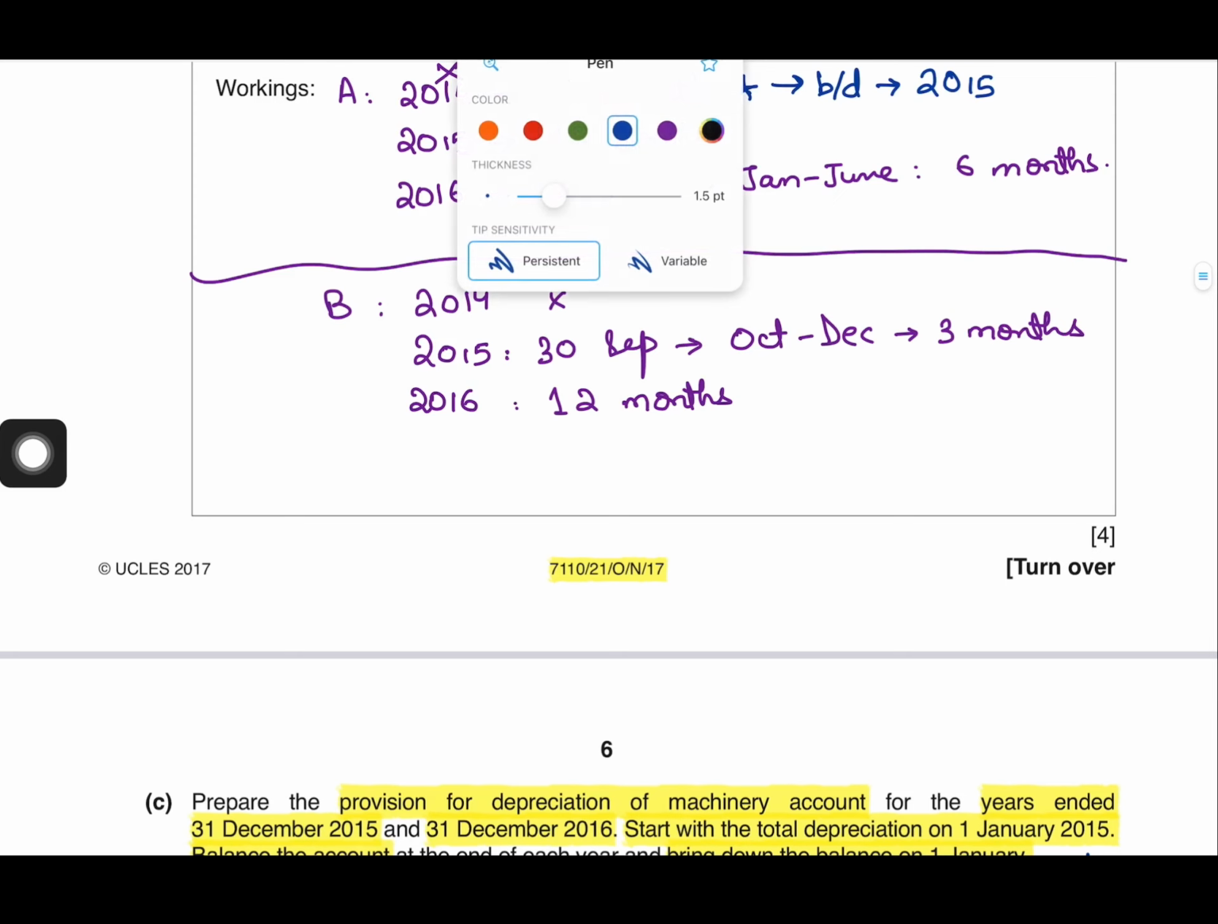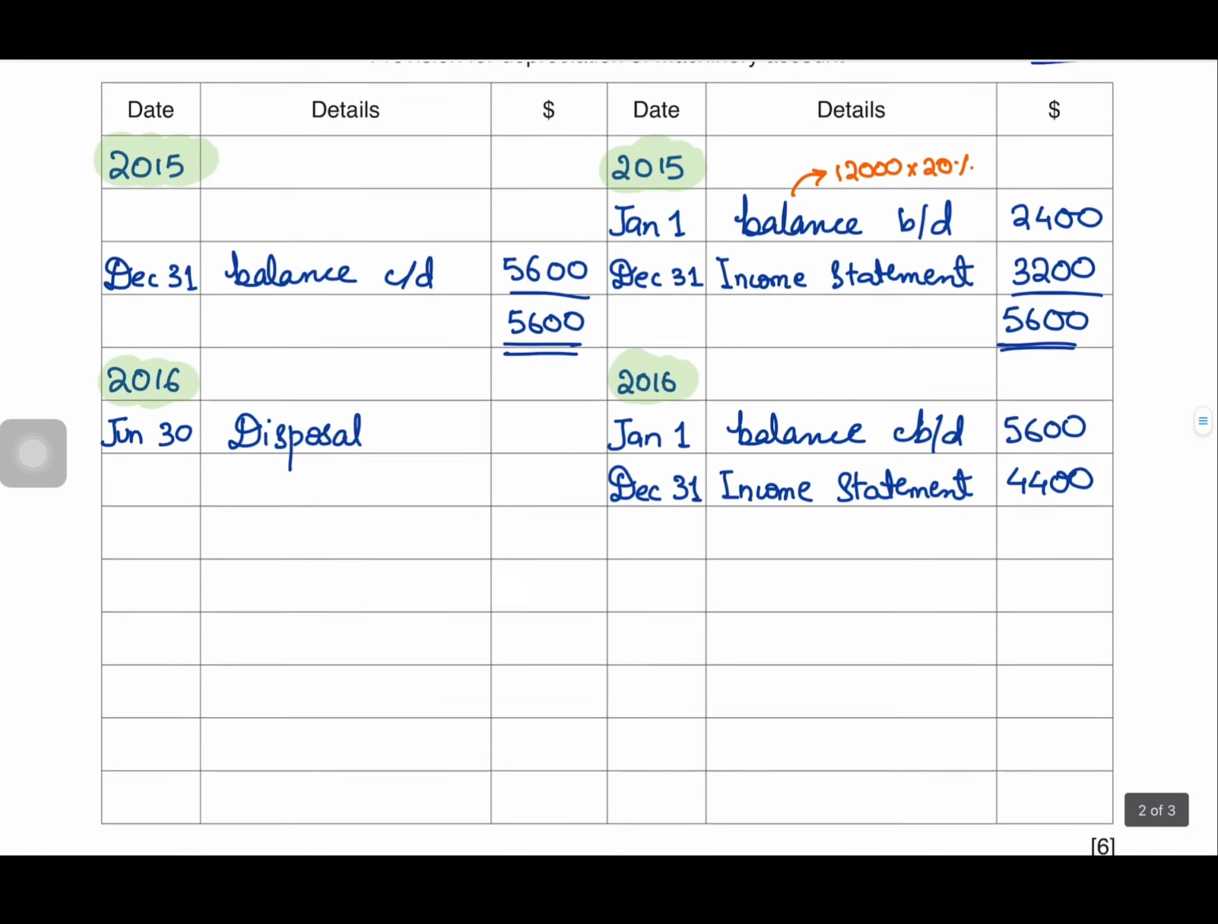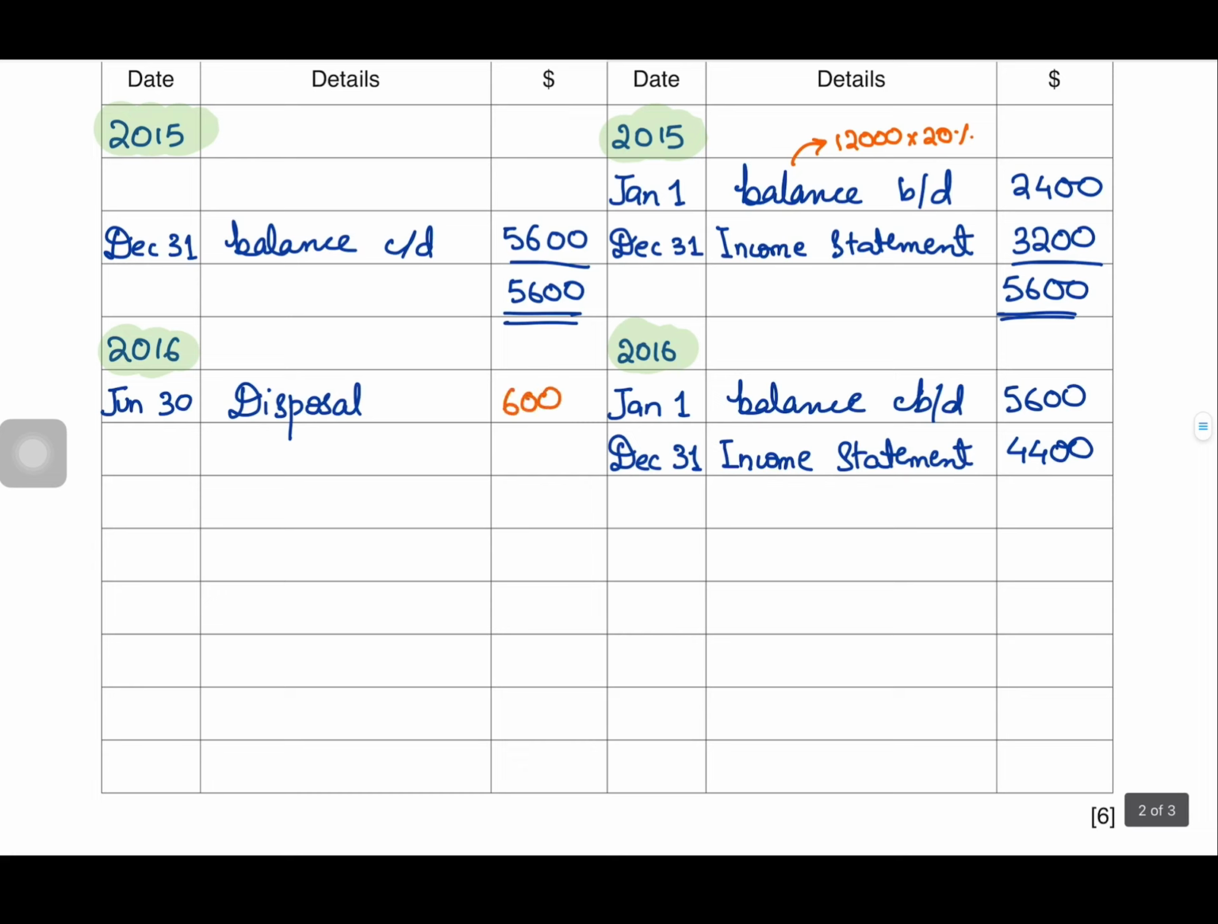So let's just write that down as well. For 2014 it is how much? Full 2400. Then in 2015 it is again $2400, but in 2016 it is just $1200, right? So this is our accumulated depreciation on machinery A at the time of its disposal. The total of this will be $6000, right? So we'll debit this value in our provision for depreciation account, and we'll be crediting this in the disposal account,